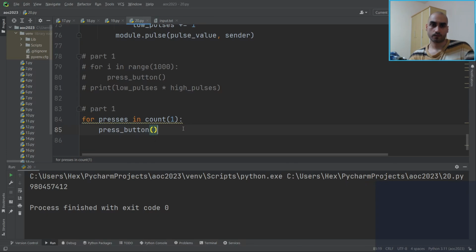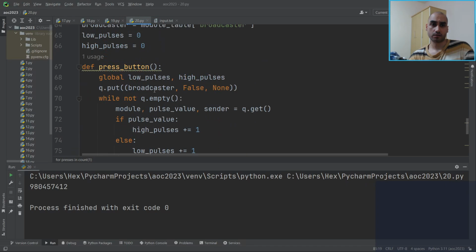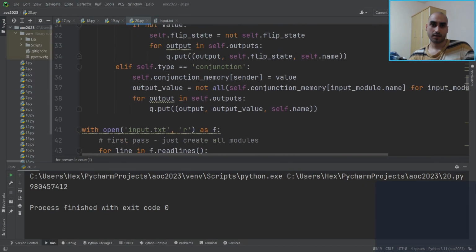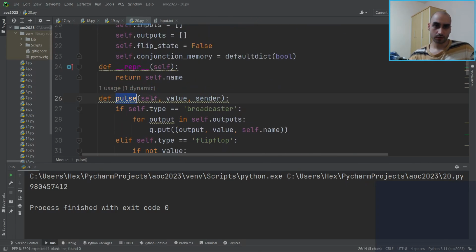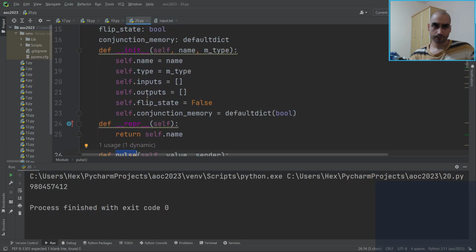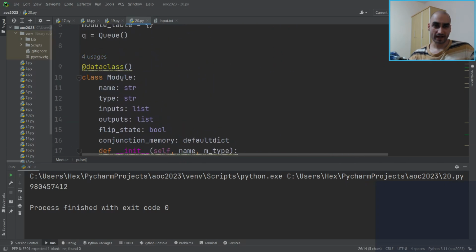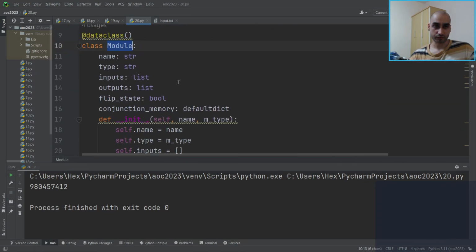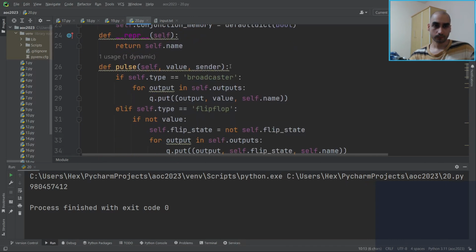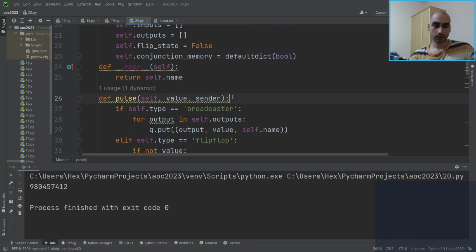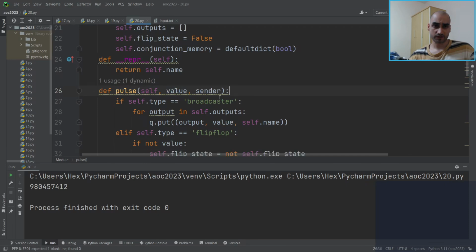So we just need to see when any signal. Okay, so if we have received the pulse as the broadcaster, whose name is RX, then we're going to have to